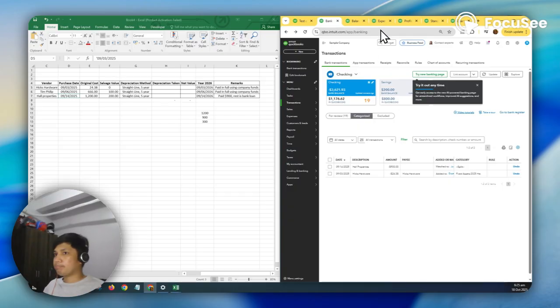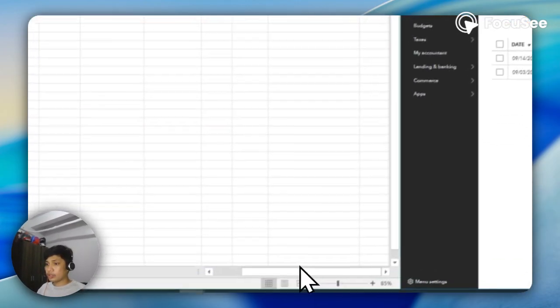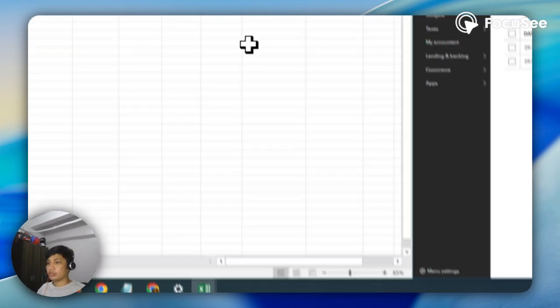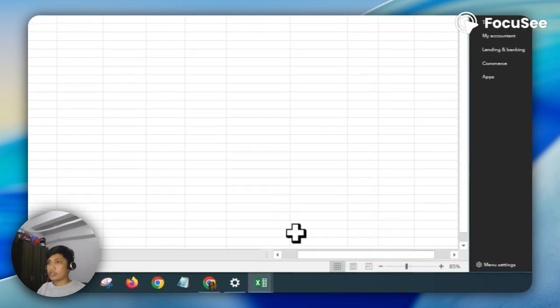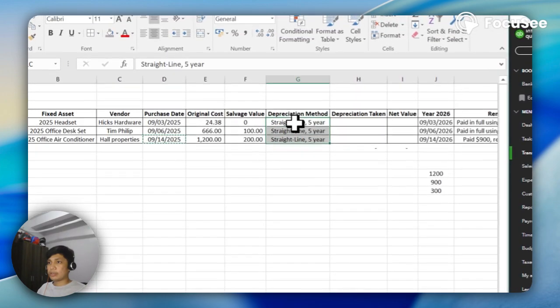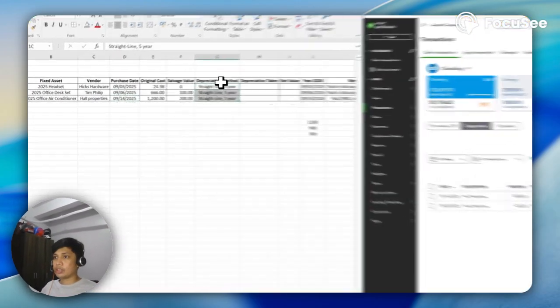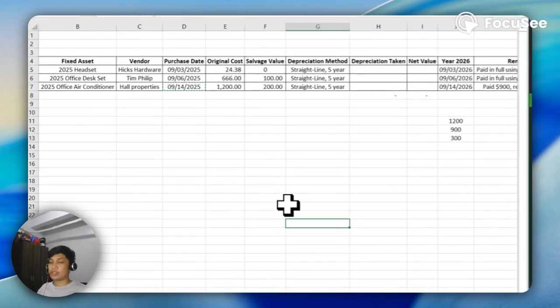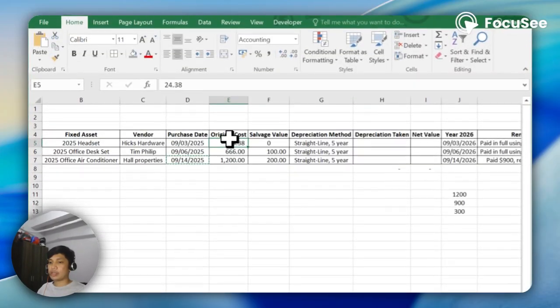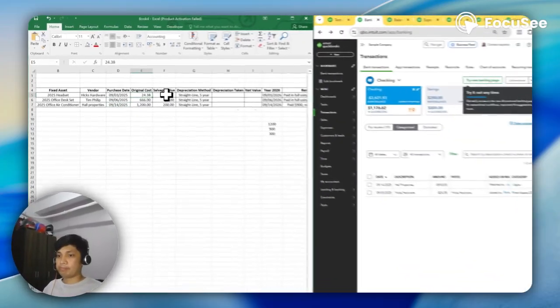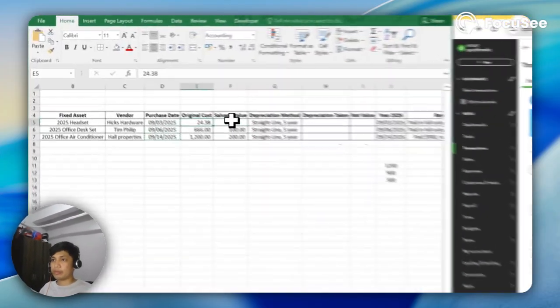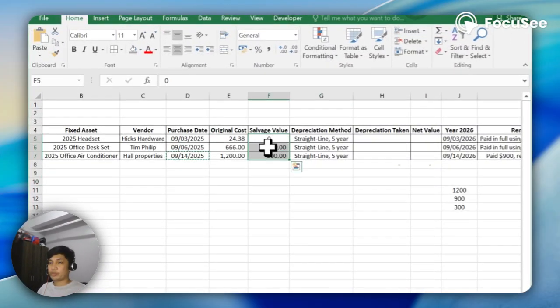Now I'm going to the depreciation. As you can see, we have a span of 5 years in which the asset will be depreciated, meaning the value of the asset in numbers will be lower than before after we purchase it.